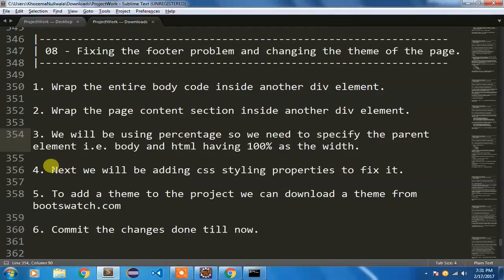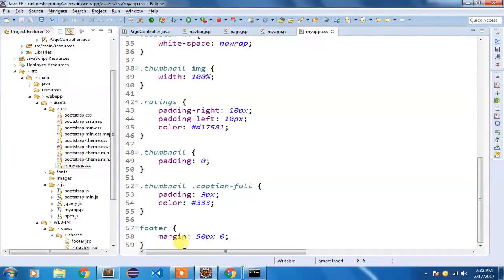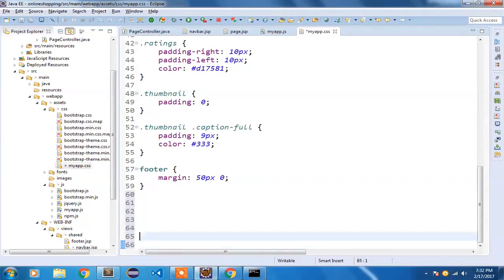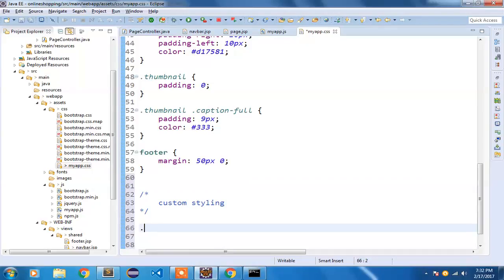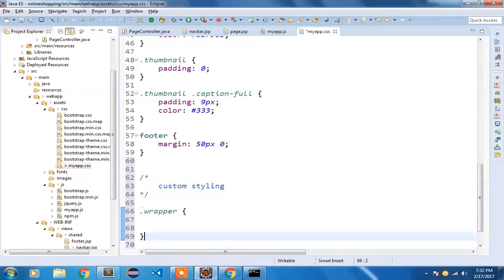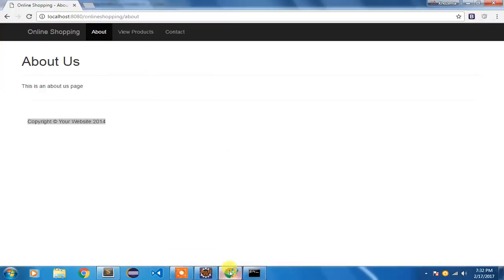Now we'll be adding the CSS styling properties to fix that footer problem. First of all, I'm going to go to the end and write a comment in CSS, custom styling. The first class that I'm going to code is wrapper. Wrapper wraps the entire body element. For this, I am saying the minimum height that should be used would be 100%.